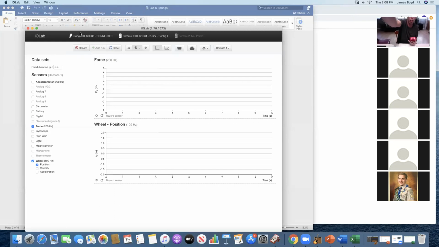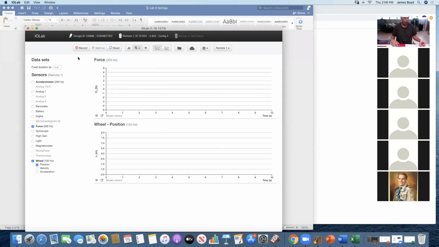I'm going to hope that you guys can barely see this. But with the IO lab on and not pulling on it, it says something about put it on a piece of paper. That's just to help you. But essentially, a piece of paper is 8 by 11. So if you pull it about the length of a piece of paper, it'll be pulled about 10 centimeters. What we're going to do is we're going to start it, and then we're going to lightly pull it to 10